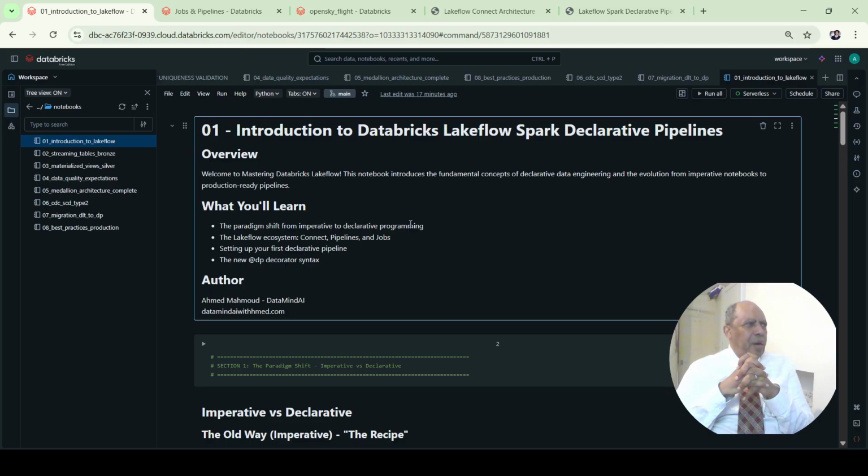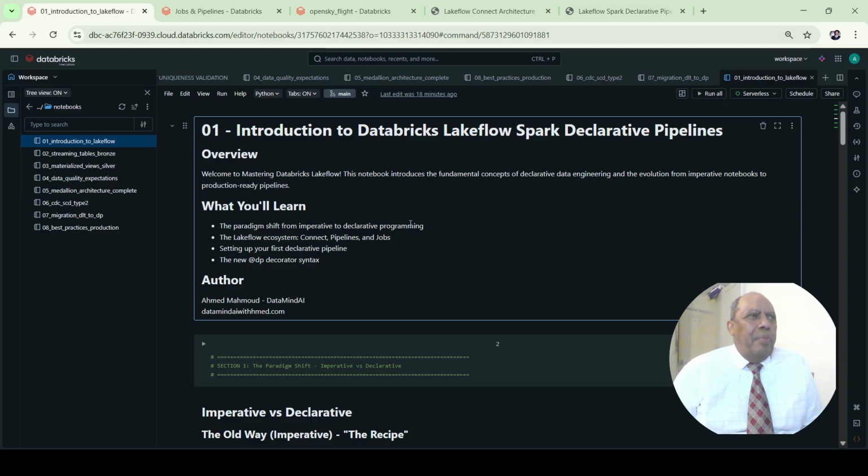And then we are going to spend the data quality expectations as another session and how to use them. And then the fifth session is going to be medallion architecture. And then we'll have 6, 7, and 8, which is CDC, migration, and best practices, together as a sixth session. So we'll have 6 sessions